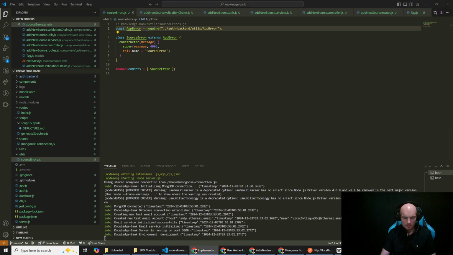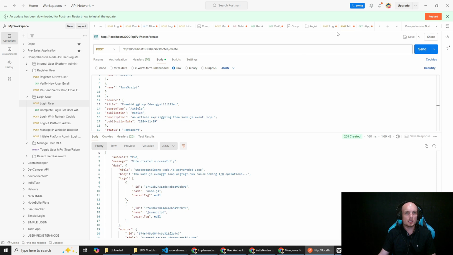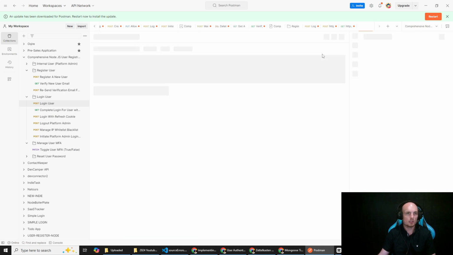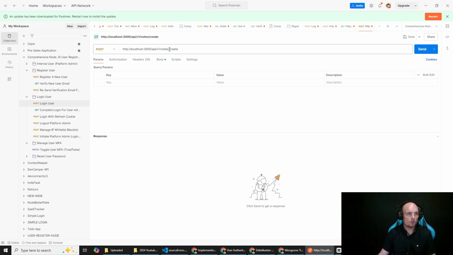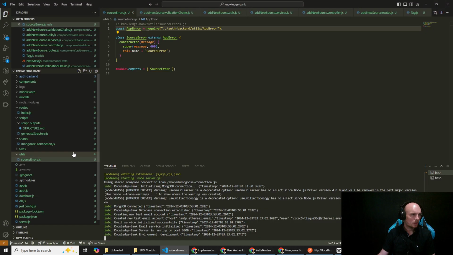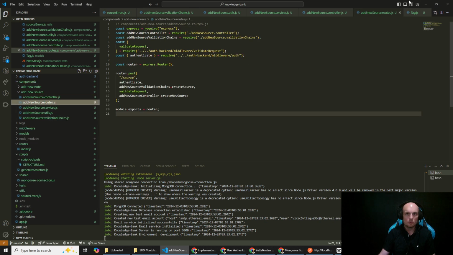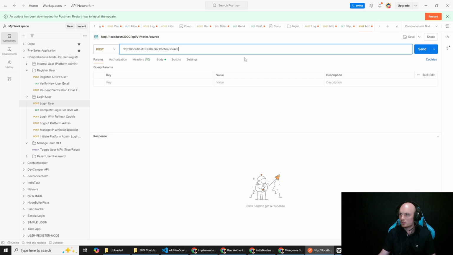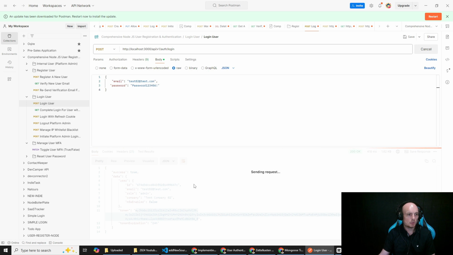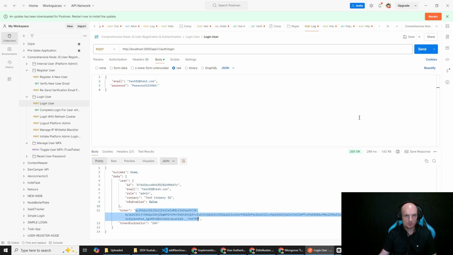Okay, great. Great. I'm just asking Claude for an example JSON body to send to this post request in Postman. And then what we will do here is we will duplicate this, and we'll call this notes/source. Is it source or sources? Source, right? Yeah, source. So then if we come here, we need to log in first of all. And we'll take our token, copy,